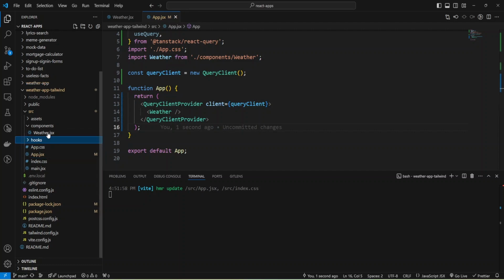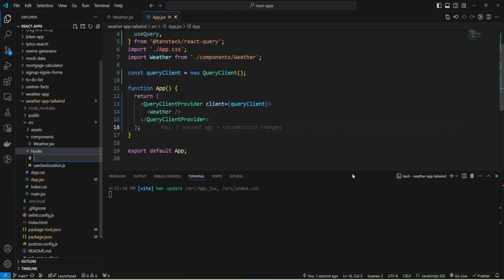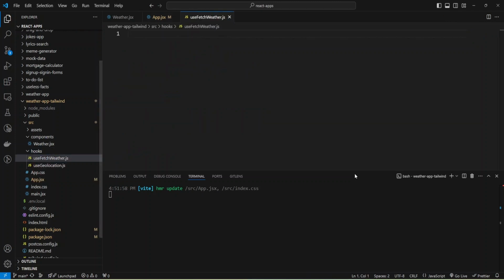And now I'm going to create new hook, custom hook, and we'll name it useFetchWeather.js. Okay, and let's build our hook. And I'm going to export it.